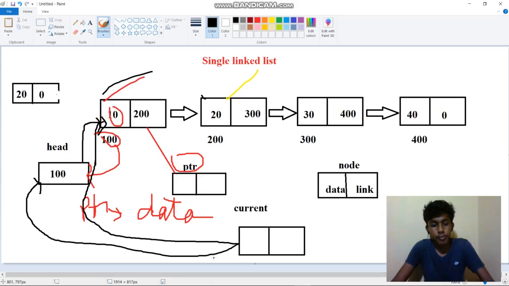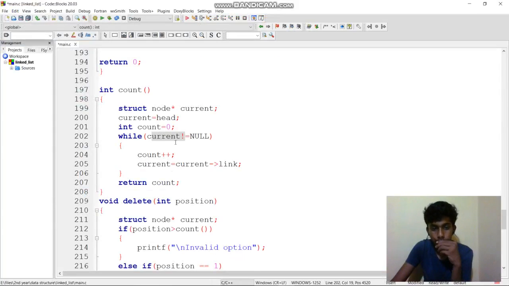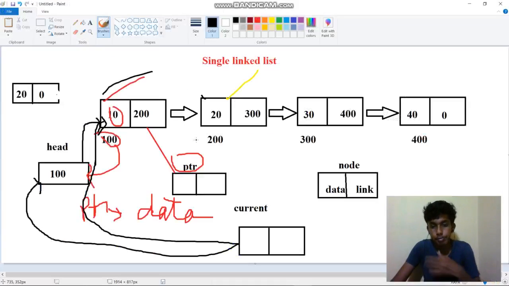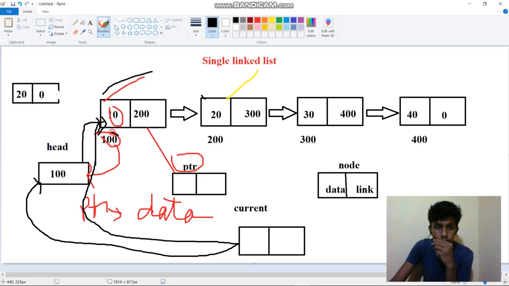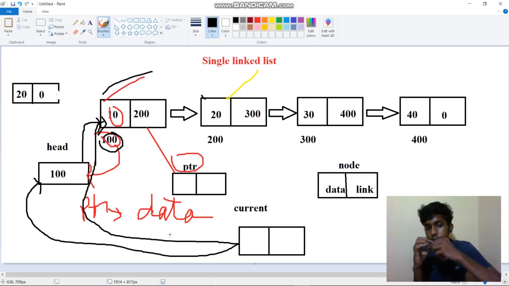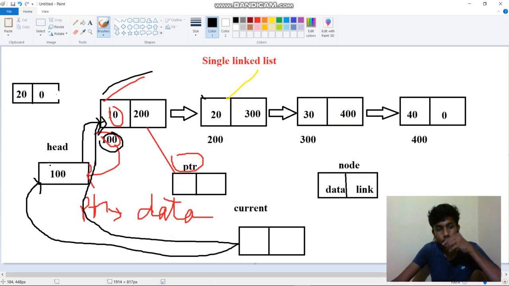So now what are we going to do? Current not equal to null means that current initially points to 100. Is current not equal to null? Yes, initially it is not null, because we are storing head, the first value, 100.